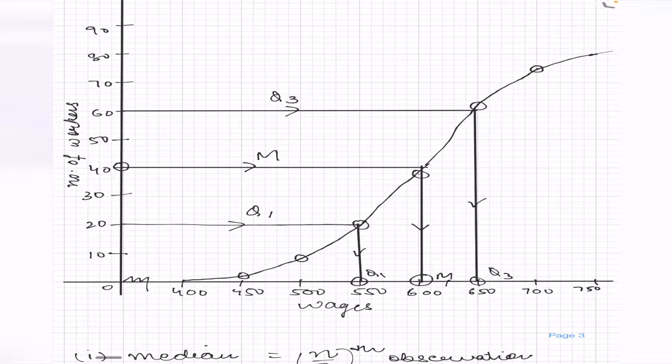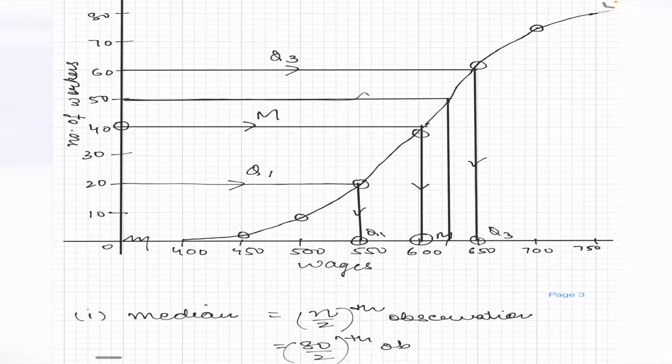This is 625. So we will draw a line with the help of a scale which will meet the ogive, and then we draw a horizontal line which will meet the y-axis. So it's meeting at a point 50. So the arrow will be like this, and this is the answer of our fourth part. So we will mention over here that it is the fourth part. Now they asked how many workers earn more than 625 rupees daily. So there are 50 workers who are earning up to 625.